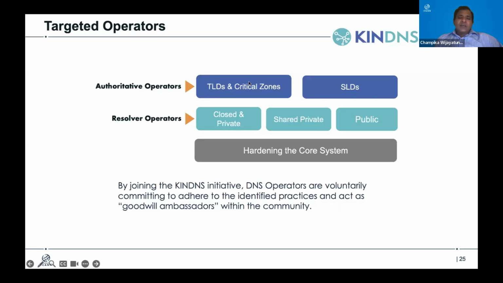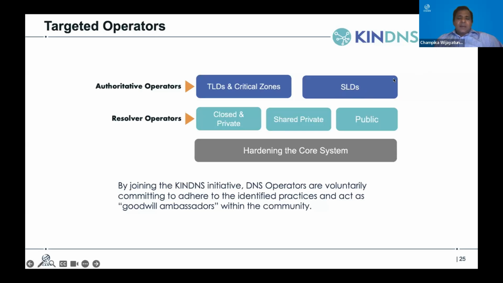So if you're managing those critical zones or top-level domains, you may be operating the authoritative servers for that. Or you could be managing second-level domains as well, say, for example, example.mm or example.com or yourbank.com. So if you are managing that, you can practice the principles specified in the authoritative operator category in KINDNS,